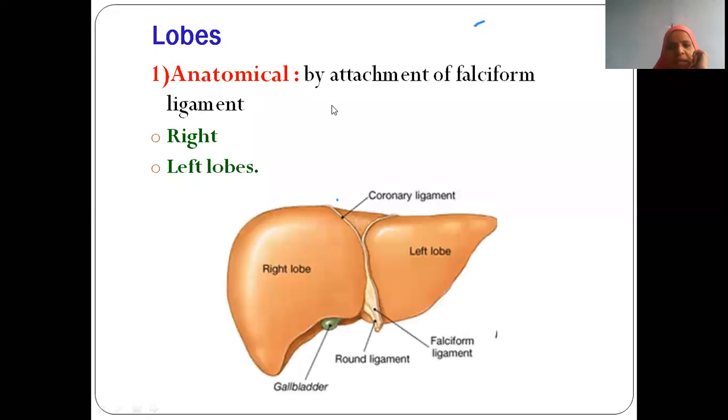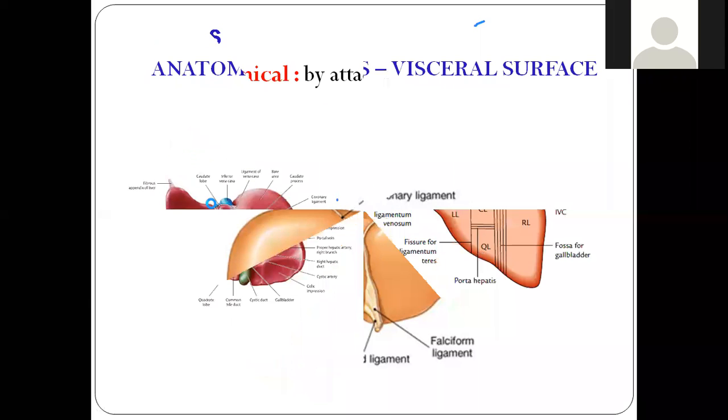As Ritika was telling us, if you see from the anterior aspect, you will see both lobes. The big one is the right lobe and the smaller one is the left lobe. Between these two lobes, you find one ligament here. What is the name of this ligament? Sickle-shaped fold of peritoneum. I have shown you the falciform ligament. It's a continuation of which ligament, Hansraj? Ligamentum teres. Very good.